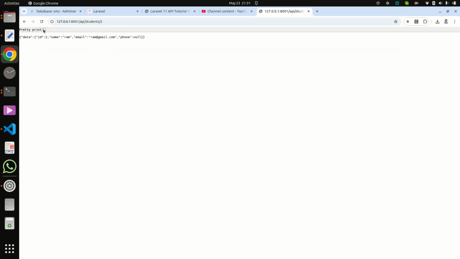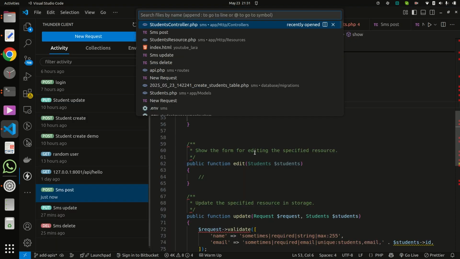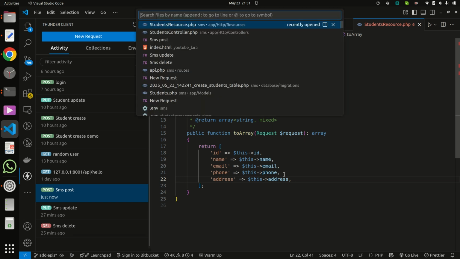Now one more thing: suppose I want to add something to the output, then we can add it inside the resource, like here I want an address field. There is no requirement to change anything in the output here.